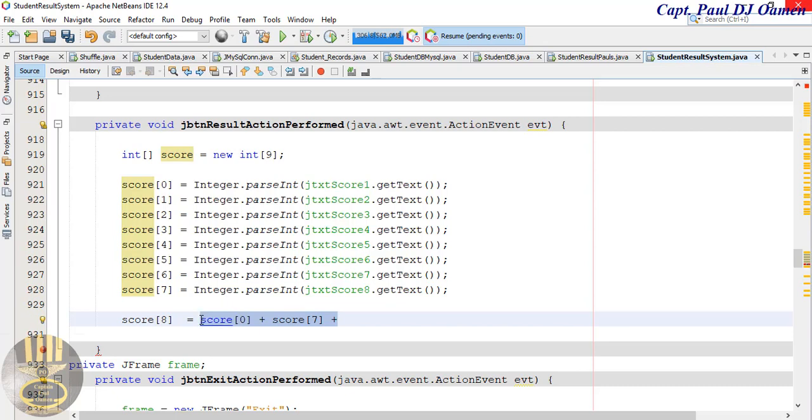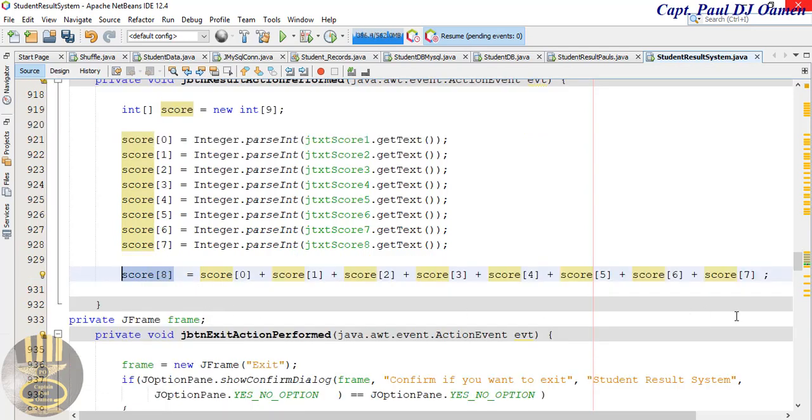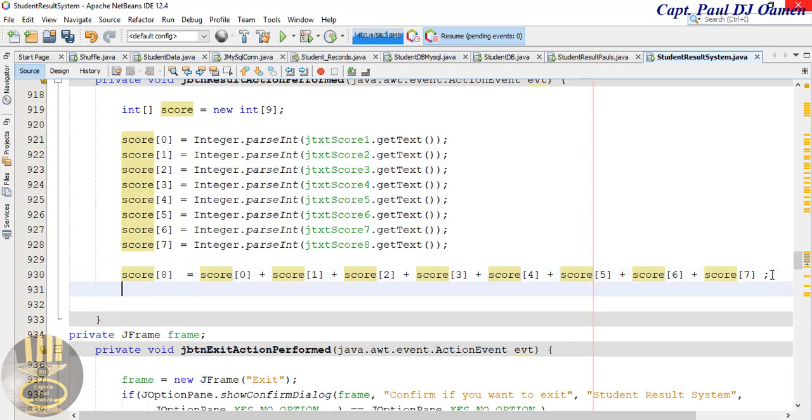So just copy that. That's 4, 6 and 8. Let's change the values around. This is 1, 2, 3, 4, 5, 6 and 7. There we go. So every single data we have in here is added up and stored inside array number 8. Now I'm going to take whatever we have inside array number 8